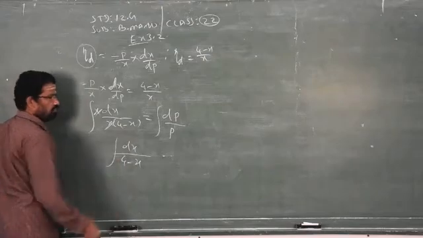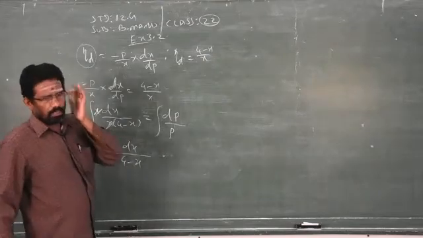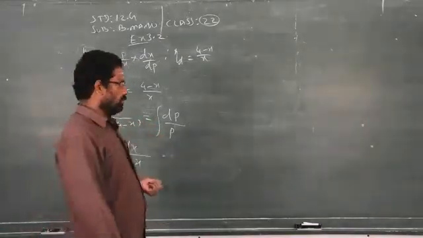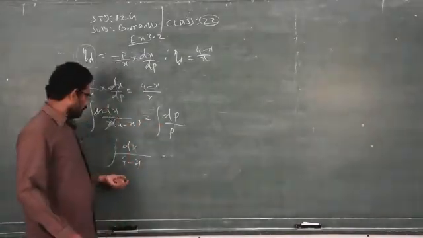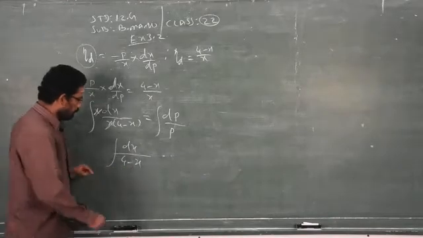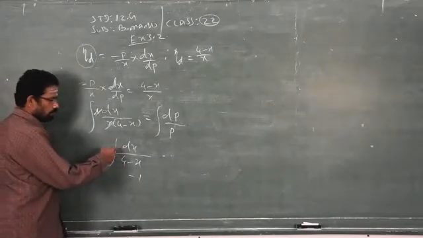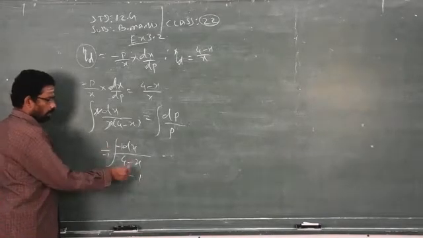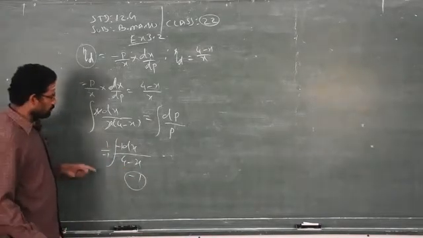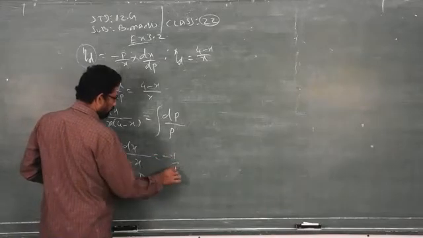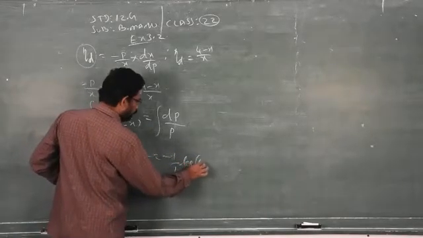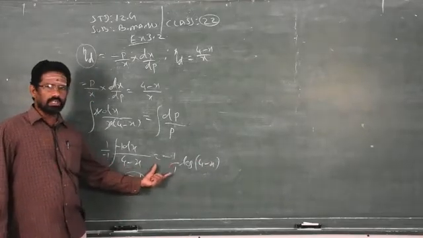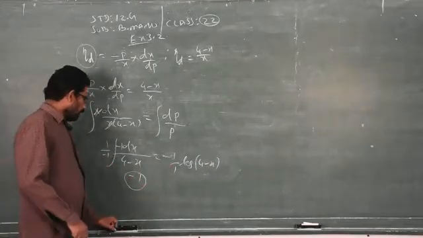So this is the fractional format. If it is fractional format, there will be two options. One is the substitution method, another is the logarithmic method. So now I am going for that substitution method. If I am differentiating the denominator, my answer is minus 1. Minus 1 is not in the numerator. Therefore, I have to multiply and divide by what I need. Clear? So I will get it like this, minus 1 by 1 log of 4 minus x. Are you clear? So you have the minus. This is also correct. But